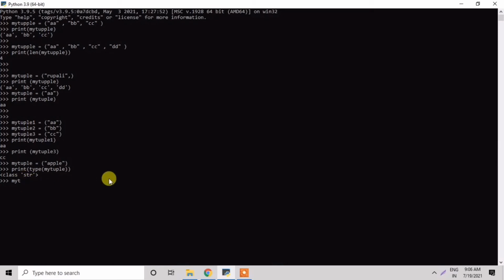The second example is: I am taking a variable my tuple and the value is 1. Now I'll make a print function in which I am asking for the type of my tuple.